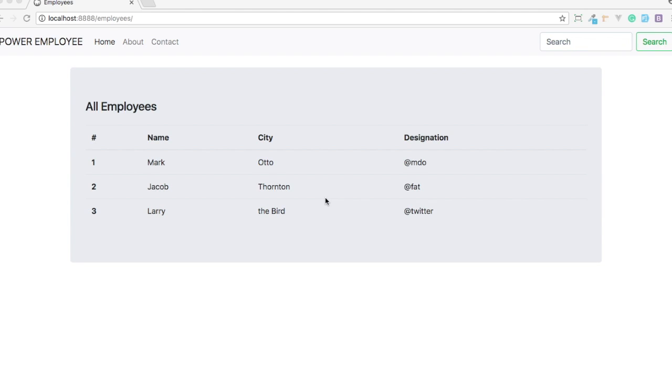Let's have a look what we have. This is our table and we have 4 columns: ID, name, city and designation. So we are going to fetch records from the database and we will display those records here. Okay, so let's go to the database,